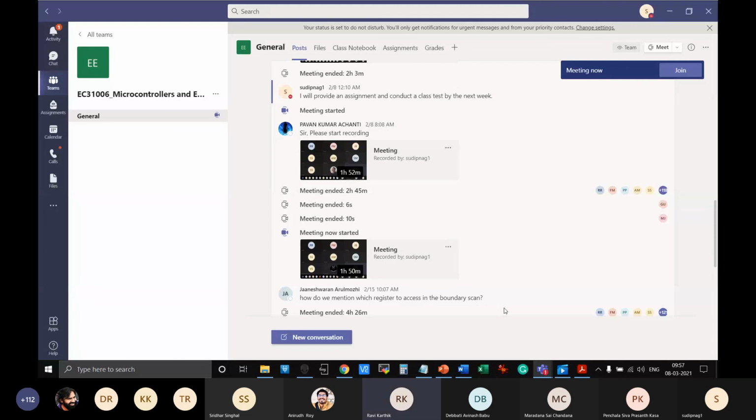Sir, you could share in MS Teams the Google Forms link so that we can upload it there. Google Forms, that's the problem, right? The free account that I have with Google doesn't allow more than 100 members to fill up the form. For smaller classes below 100, it is possible, but not here.